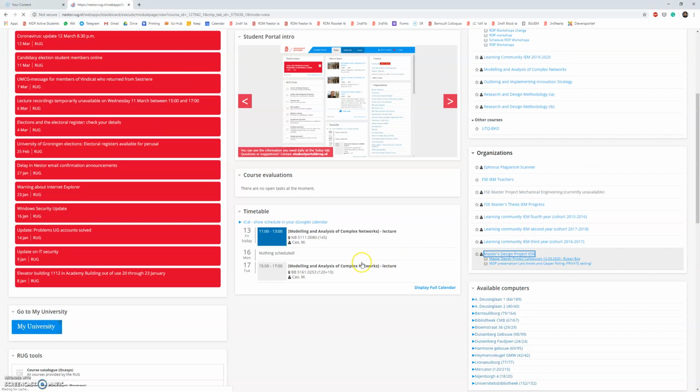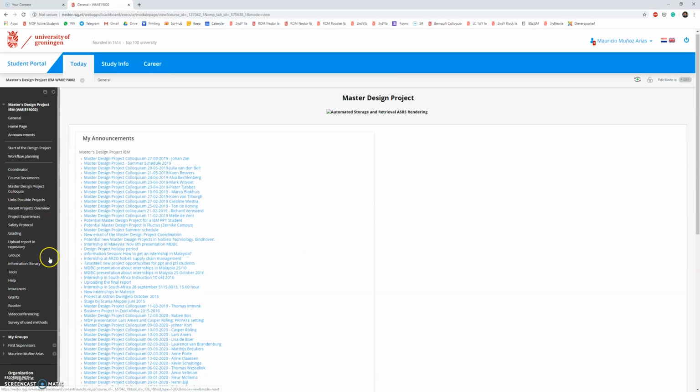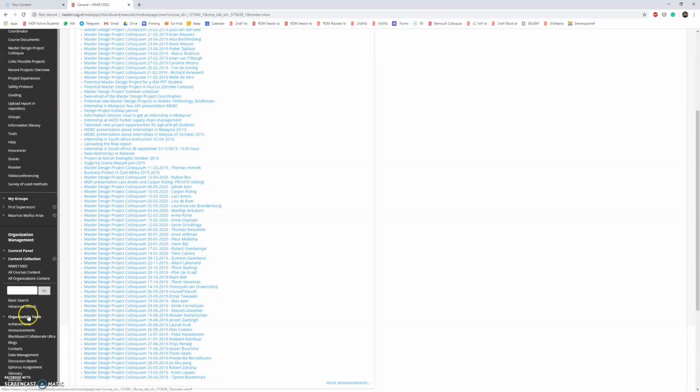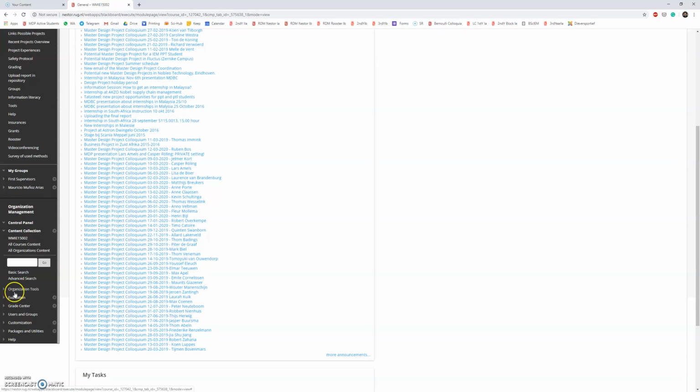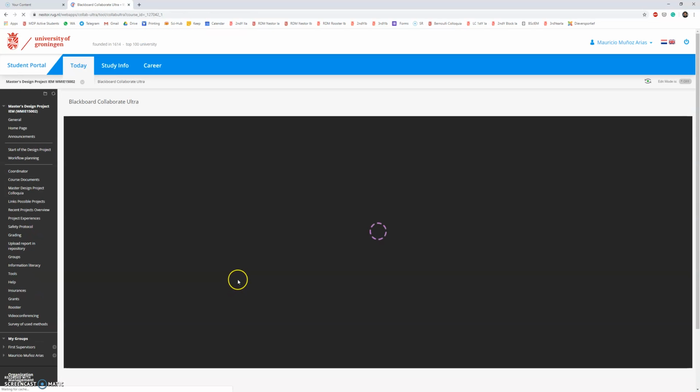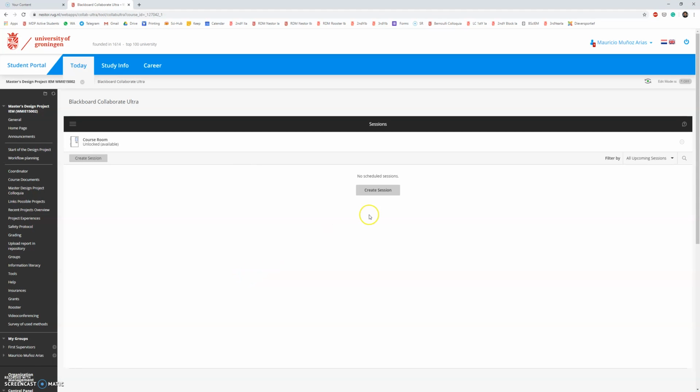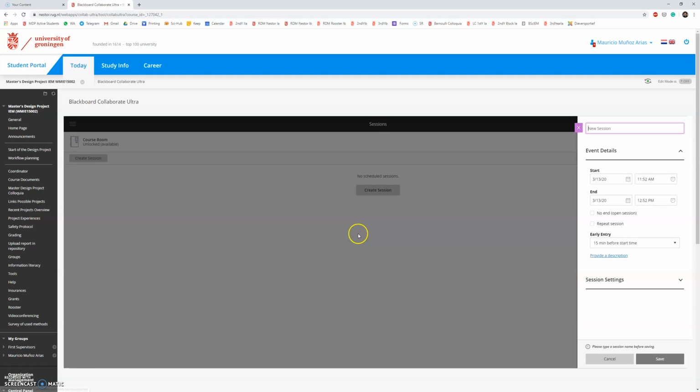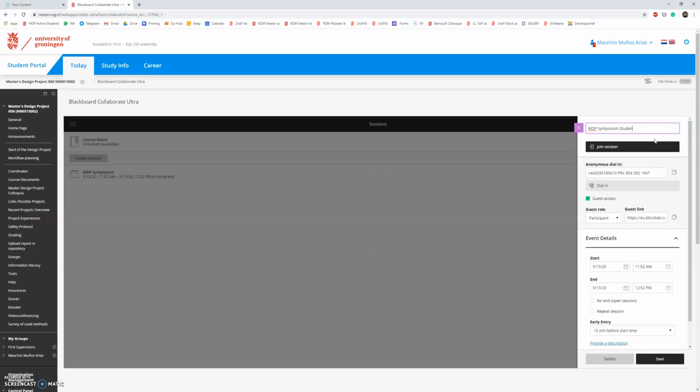and there you should have access in principle to organization tools. On organization tools, you should go to Blackboard Collaborate Ultra. Once there, you can just wait for the tool to get uploaded and you will create a session. So just click on create session. The session, you will say, okay, this is a Master Design project symposium, for instance, of student X, and you will even have the chance to record